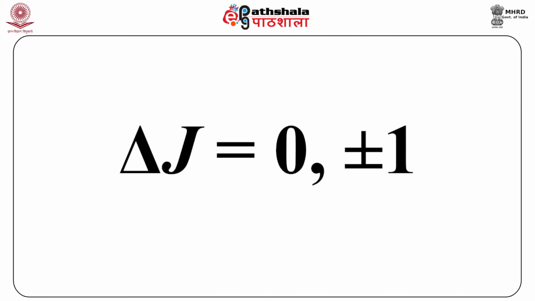So, we have the combined selection rule, delta J is equal to 0, plus minus 1, but even in this case J equal to 0 to J equal to 0 transition is not allowed, and this is because of the requirement of conservation of angular momentum, as we discussed in atomic spectroscopy. Thus, for transitions between 1 sigma states, a PR contour will appear, but Q branches will also appear in other